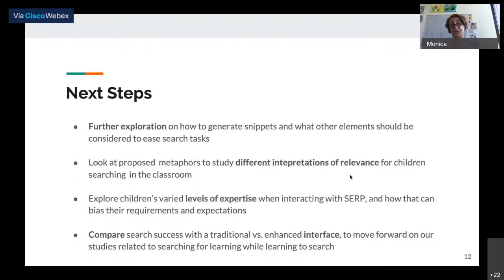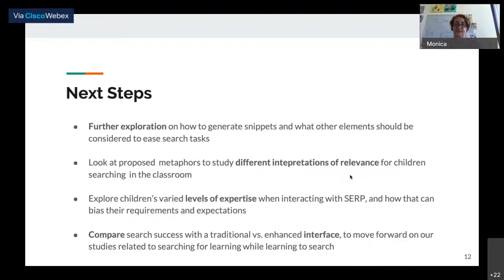We also want to explore an issue linked to the different levels of expertise that children can have with SERP. And in fact, as I told you in the beginning, we selected our co-designers as experts because they had been exposed to search online extensively by a very skilled teacher. Now, this could be a bias, of course. This is a bias, of course. That's why we call them experts. We want to see how children that don't have the same background would react to some of the design proposed